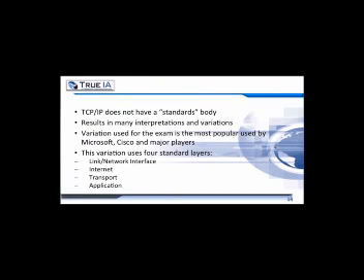So TCP/IP does not have a standards body like the OSI model does. This is the result of many interpretations and variations within the models. The variation used in the exam is the most popular, used by major manufacturers like Microsoft and Cisco. However, this variation uses 4 standard layers: the link or network interface, the internet layer, the transport layer, and the application